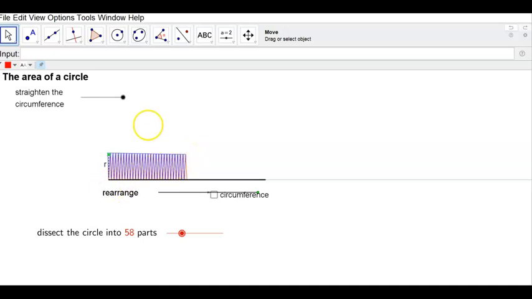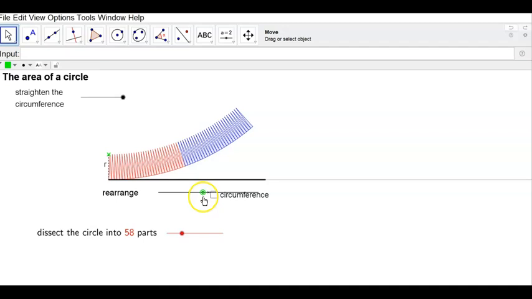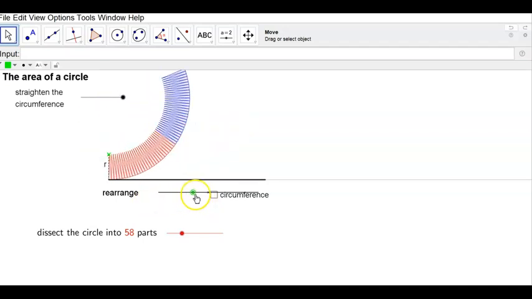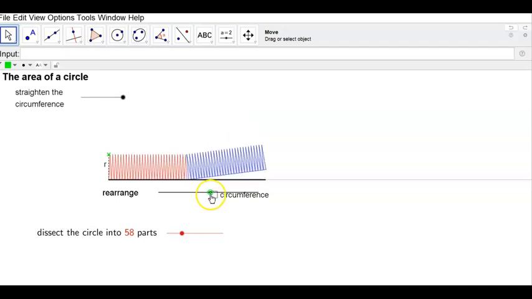Remember that this is a circle, and this is the circumference. So let me go back and open this again. You can see that the whole length is this, but then half of it has come to this. So the whole length over here represents half. Okay, now we know that